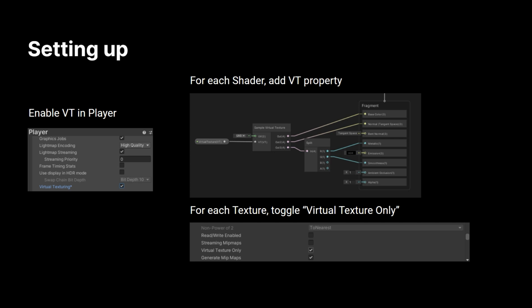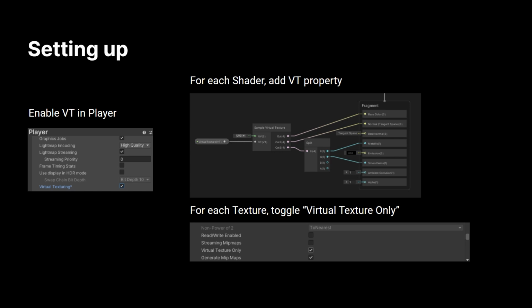this is because in most cases you alter your content for use with VT. It's not always trivial, if you have a game full of very large, very high resolution textures, to then port that to a platform that doesn't support VT and convert that to not using VT. So if you need to do that, you need to toggle off VT in your player settings and then potentially